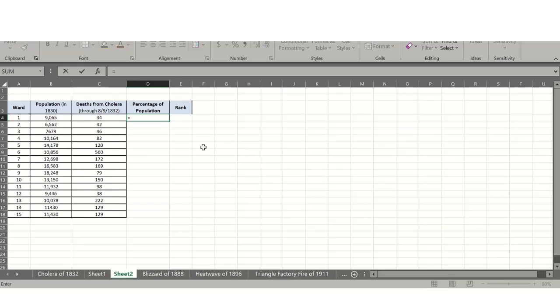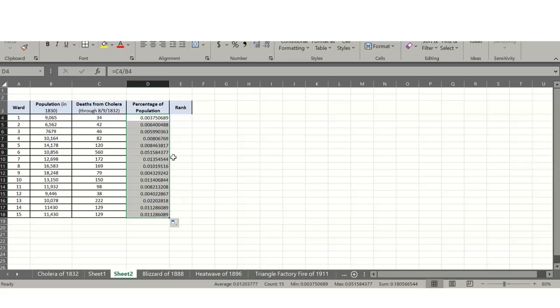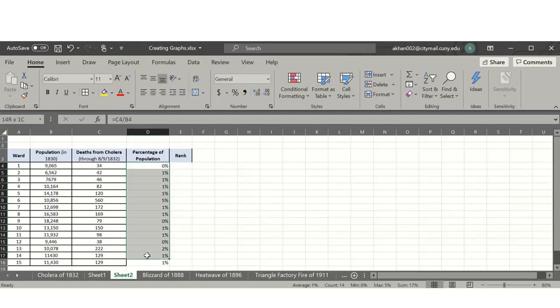So equal sign, the number of deaths divided by the population, right? And then we scroll this down, right? It's a very small number, right? Because not that many people died from the population, but when you create the graph, you'll see that makes a difference, right? Let's make this into a percentage, and then I want to